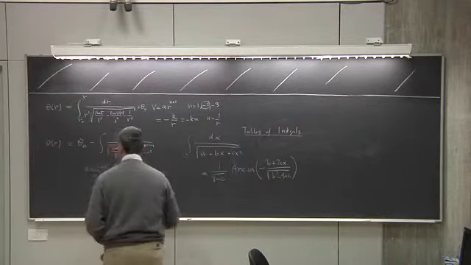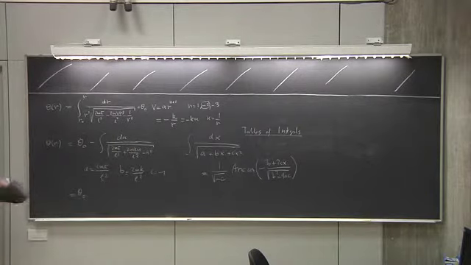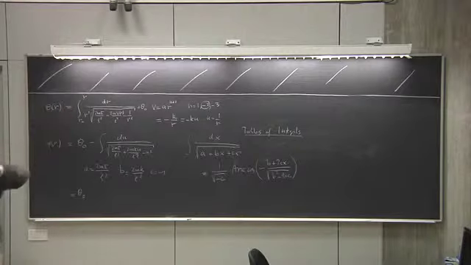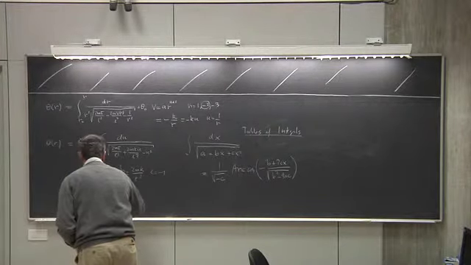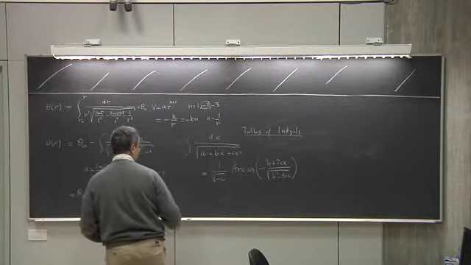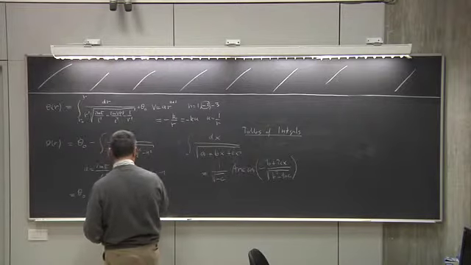If you do that, I have my solution, with this arbitrary initial position, somewhere on the orbit where you start looking at the planet, minus this arc cosine. So I plug in the values. So you see B, and I get, I guess, if I did it right,